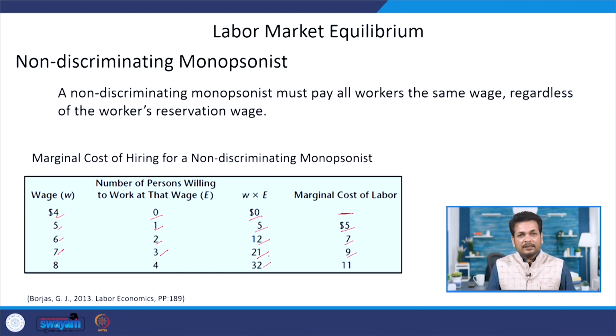Now, the point here is that since it is a non-discriminating monopsonist, as the wage increases, this wage is paid to all the workers. So, the person who is willing to work at 5, now if the firm requires hiring 4 workers, everybody is getting the wage rate 8, and the total cost to the firm is 32, and then the marginal cost. So, when we plot this,